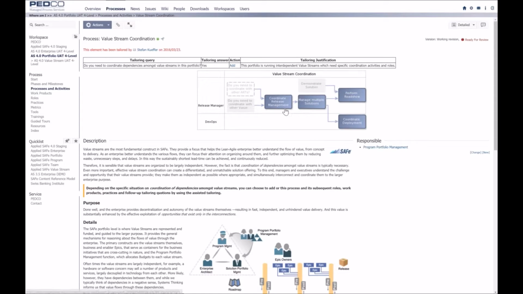Like, for example, the coordination of release management for all the value streams or multiple solutions, or that they perform roadshows for your clients on portfolio level, or that they coordinate the deployment with an own DevOps team. So that's very nice to show how we can implement that with tailoring, and makes it much easier for the teams to use, because they then only see what is really available, and all the tailored away elements they don't have to bother and care about. I go back to the